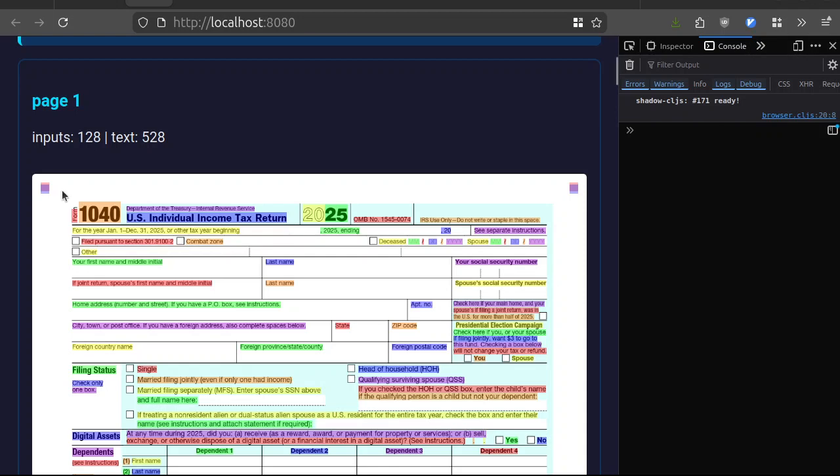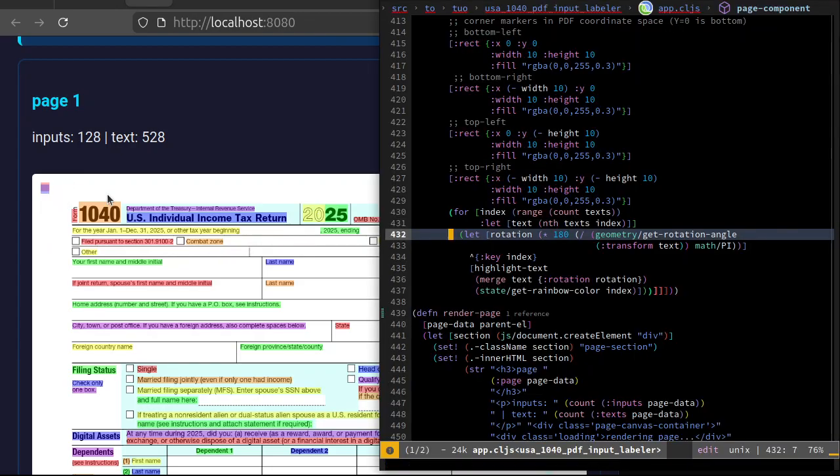Let's see if I can figure this out. So now I know that the SVG is not quite aligned in the vertical axis with the canvas. But first, before trying to figure that out, I'm going to try to figure out why, when I change the code, let's say I change this to like 360,